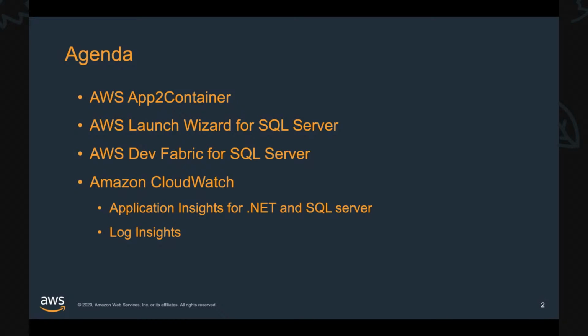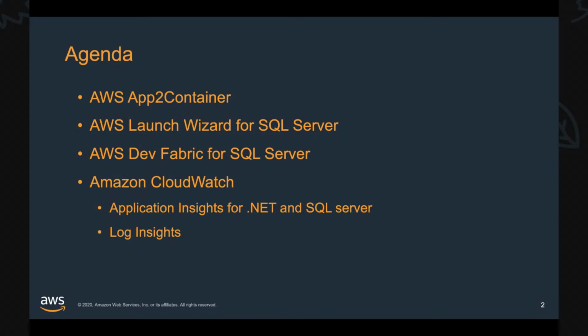And here's today's topics that I will cover. I'll talk about AWS App to Container. And then I'll also talk about AWS Launch Wizard for SQL Server, what it is, what it solves. AWS Dev Fabric for SQL Server again. And this is a nice solution that some colleagues from US developed, some solutions architects from US developed.